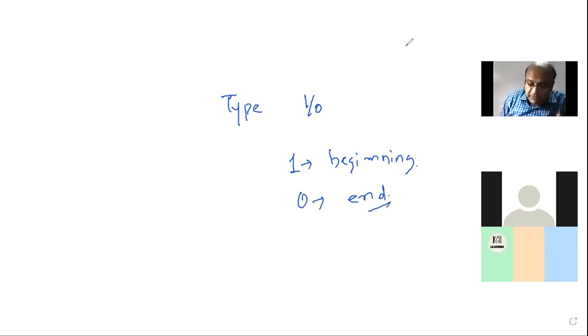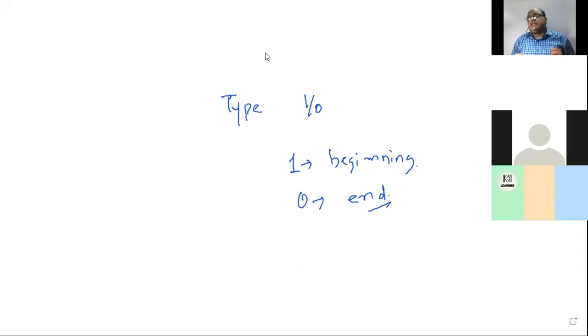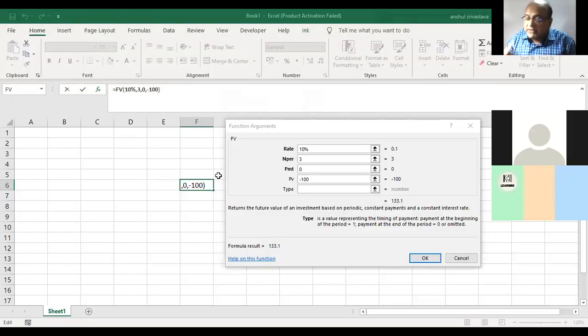As financial planners, if you are making a financial plan for somebody or recommending some investment, you will ask them to make the payment immediately, no? So generally, when you are doing a calculation, if you don't know, take type as 1, because why should we delay? You will ask the client to invest today only. So we take type 1. However, if there is no value in PMT, type doesn't matter. If I take type 0, I'll get 133.1. If I take type 1 also, I'll get 133.1.